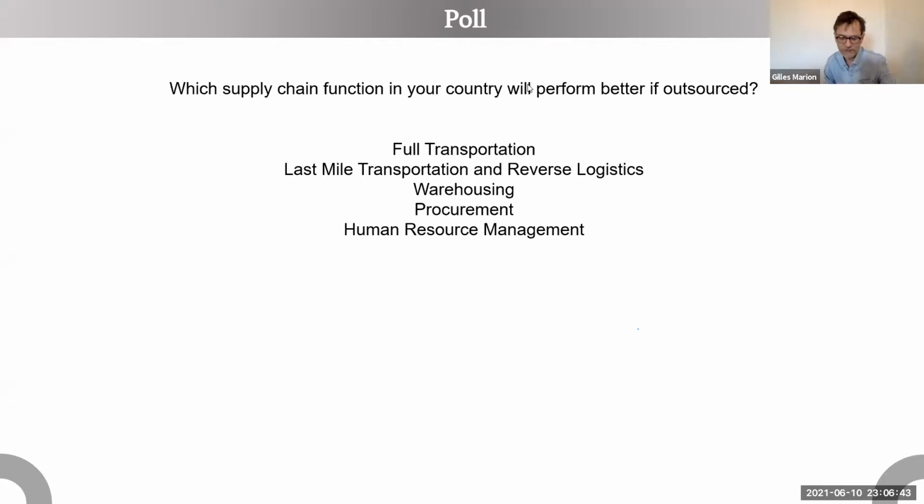And I can just advise that every time you are involved in an outsourcing project, make sure the breakdown of cost and why the cost is this particular cost is very clearly listed, so that when you negotiate with the third-party logistics provider, or if you are the third-party logistics provider, when you negotiate with the client, you can really negotiate on each point that you've put in your price matrix.